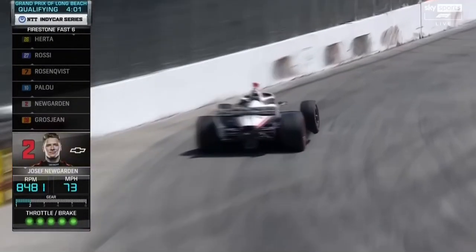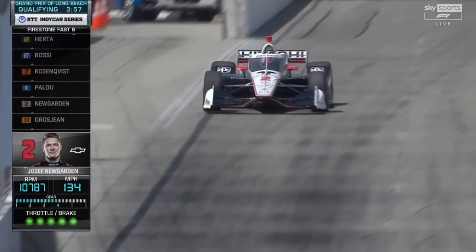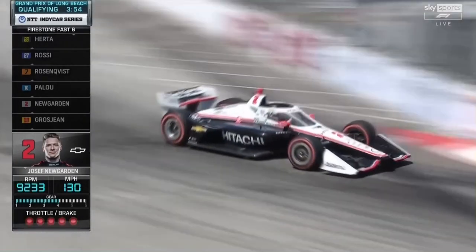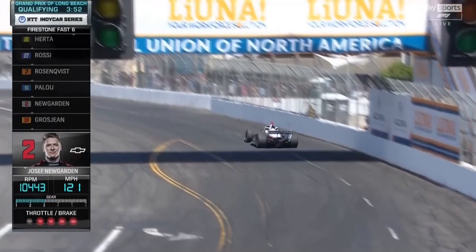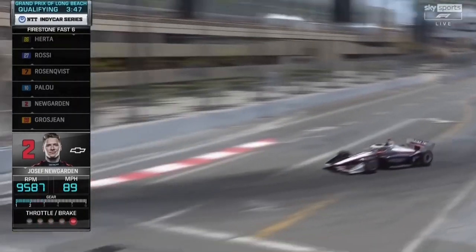so he blew up. Getting mad about traffic in qualifying at Long Beach is like yelling at the weather. You know, it's just nothing. It is what it is, but it doesn't change the fact that it's frustrating as all get out. So I think we just saw